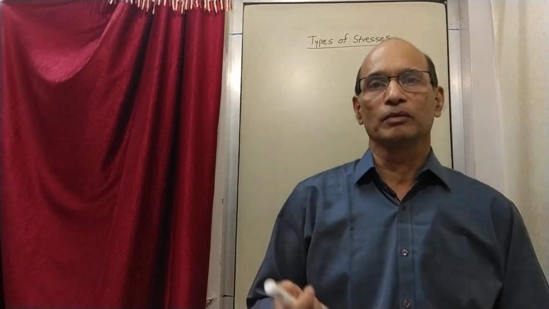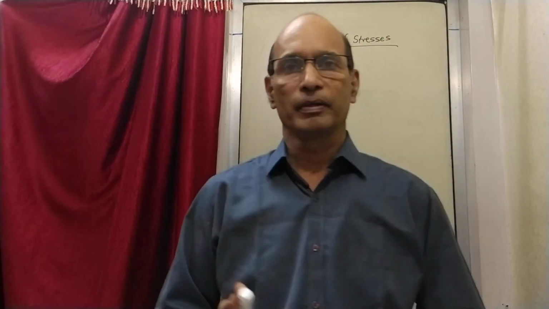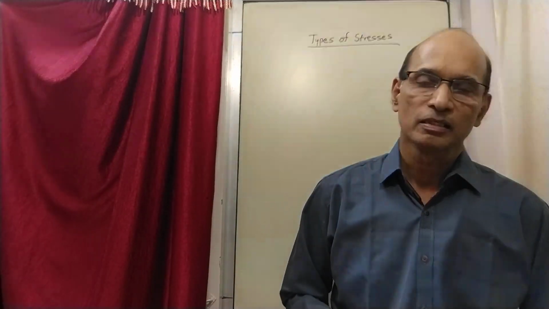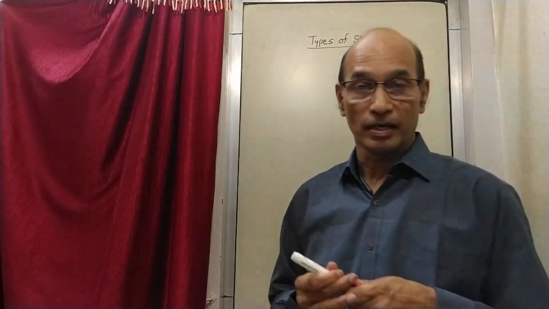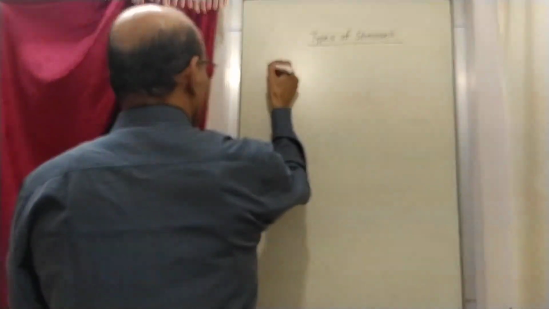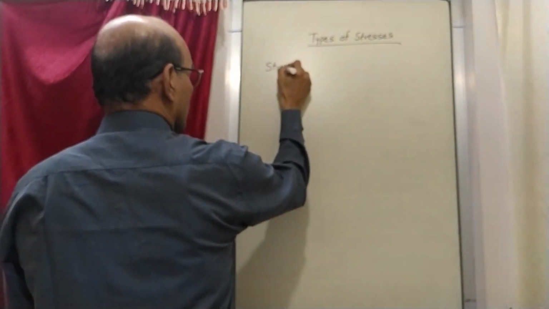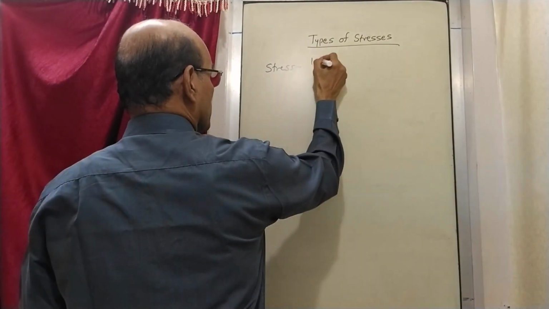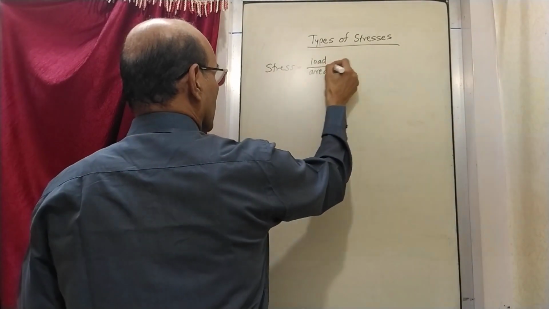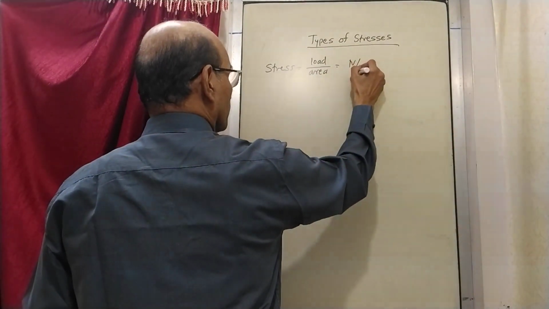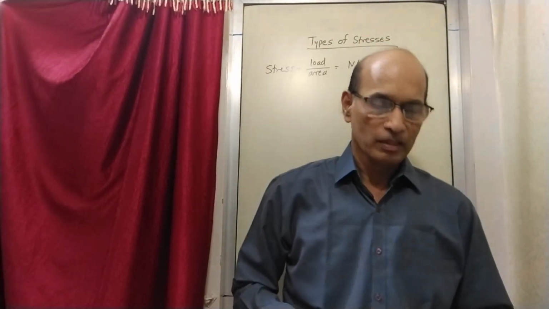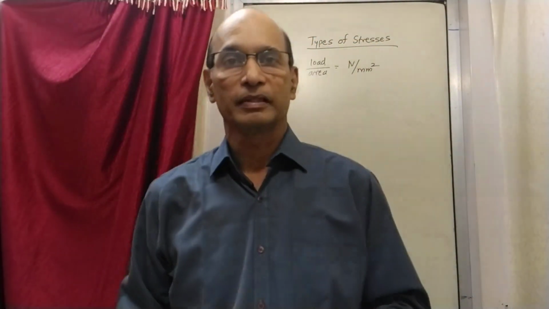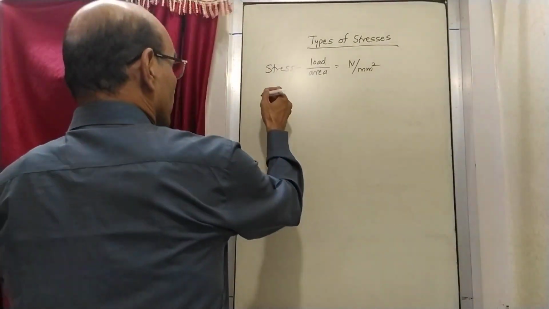Okay, it can be measured in Newton per mm square or Newton per centimeter square or per meter square, etc. But for our convenience, if you refer to the books, we are going to use Newton per mm square as the unit. So let me write the first thing. Stress: the basic formula for stress is load upon area, and it is measured in Newton per mm square. So having seen this first step, the next thing is, let us see what are the different types of stresses. So starting with the tensile stress.